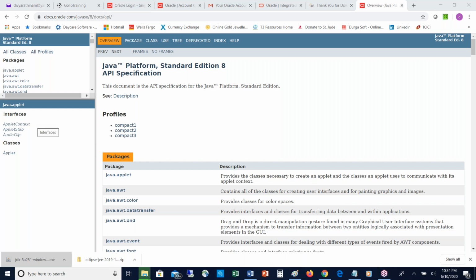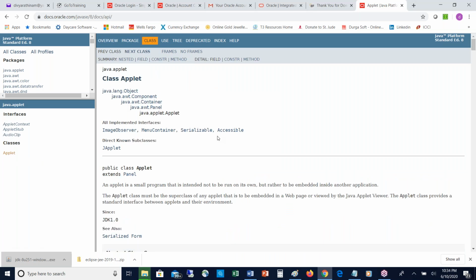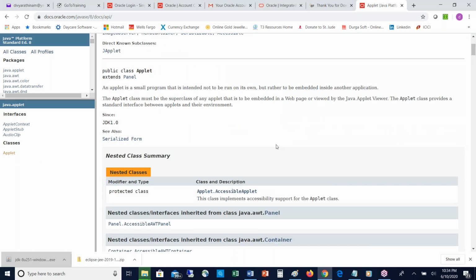See down below, there are headers specifically for interfaces and classes. So under this java.applet package, there are 3 interfaces and 1 class. Any package is a collection of classes and interfaces. If you click any class on the website, see on the right side, if you come down inside the class, some defined fields are there. See, some fields are there. Come down.